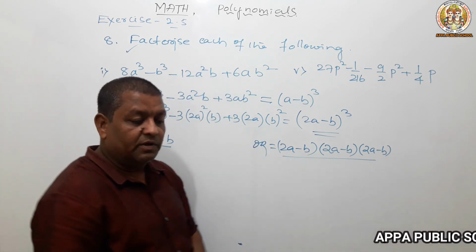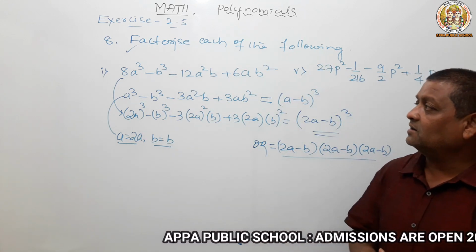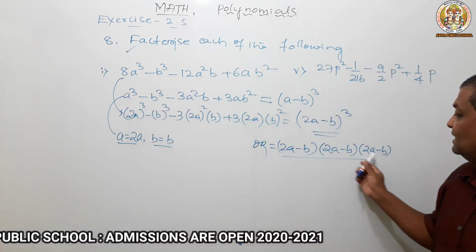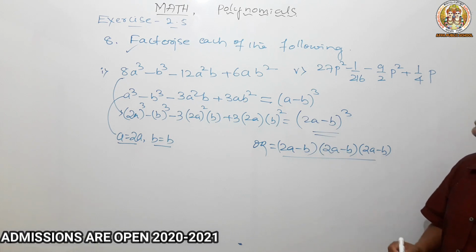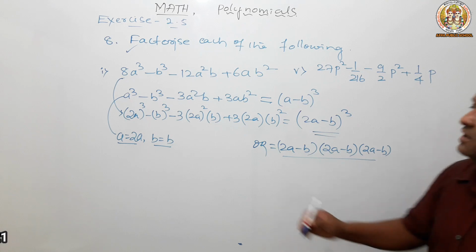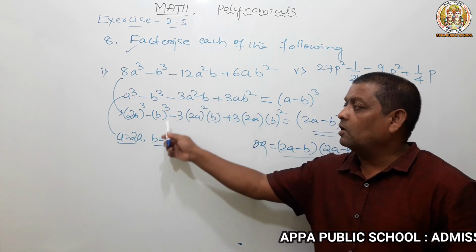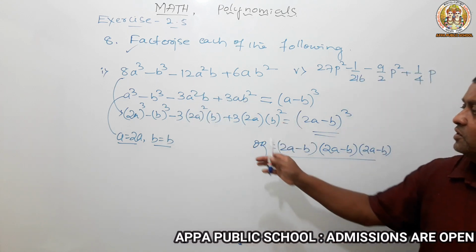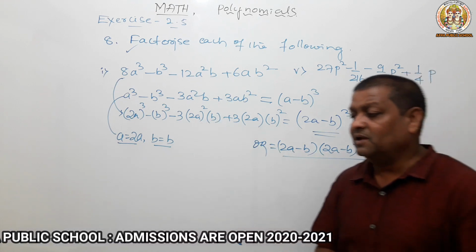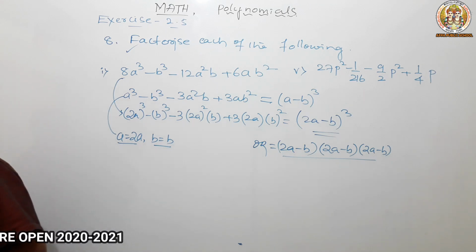Before, in classes, I told you that because of degree 3, definitely 3 factors will come. If degree is 2, 2 factors. If degree is 1, 1 factor. So here degree is 3, that's why we got 3 factors. Just observe, very easily we can solve the question by using this idea: converting the question to formula type. If you did this line successfully, then definitely the whole sum will come correct. Next.